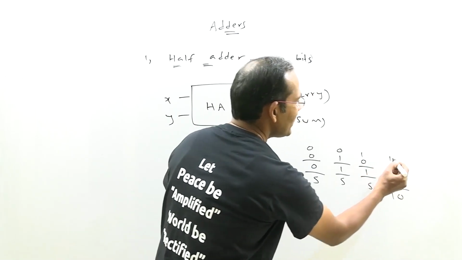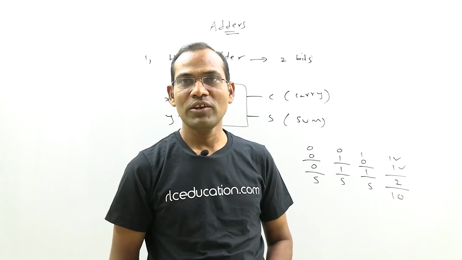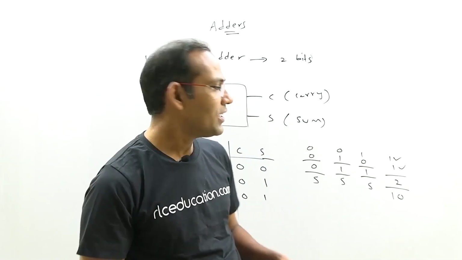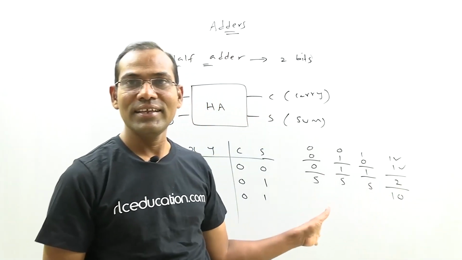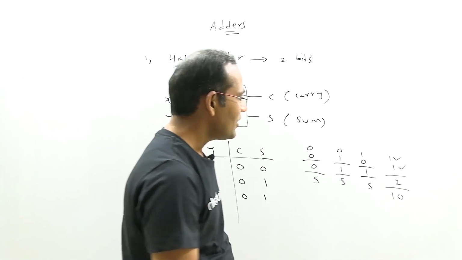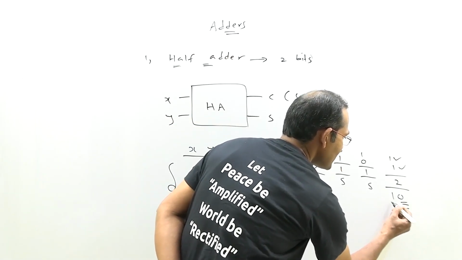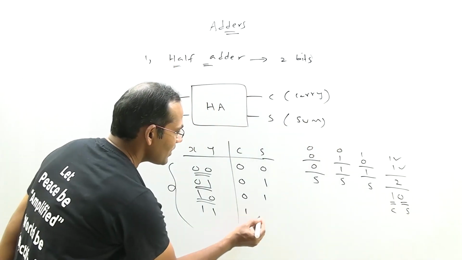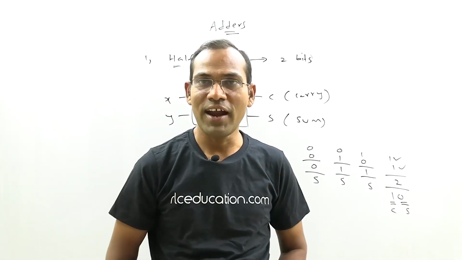Here I am adding 1-bit numbers. Whenever we are adding two 1-bit numbers, the result must be a 1 bit. But here 2 bits are generated. The extra bit is called carry. So this one will be sum, this extra will be called carry. So carry is 1 and sum is 0. That is the truth table of half adder.